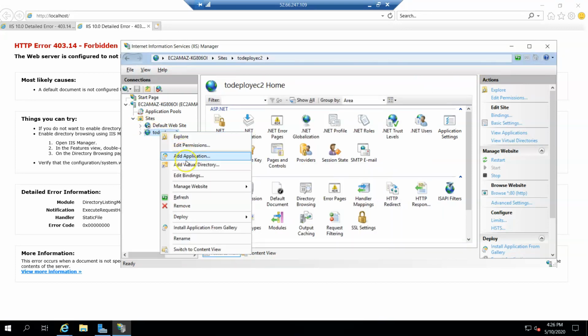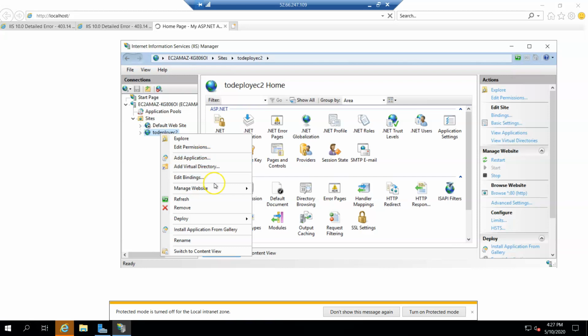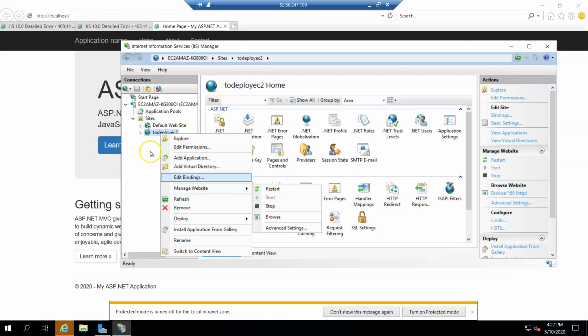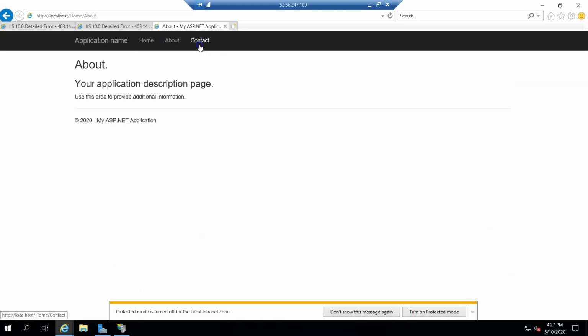Let us try out here. Manage website, browse. So it's already started waiting for localhost. It will take a little time to run the code and show you the page. Meanwhile, I'll take you to the folder just to show you whether the files are copied. Yeah, let me come back. So your pages are copied there to your EC2 instance. You can see all the pages are running.